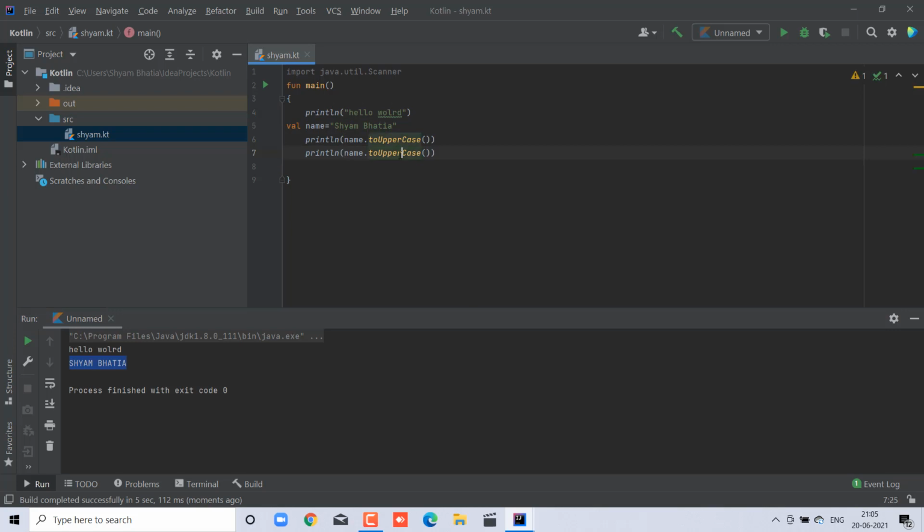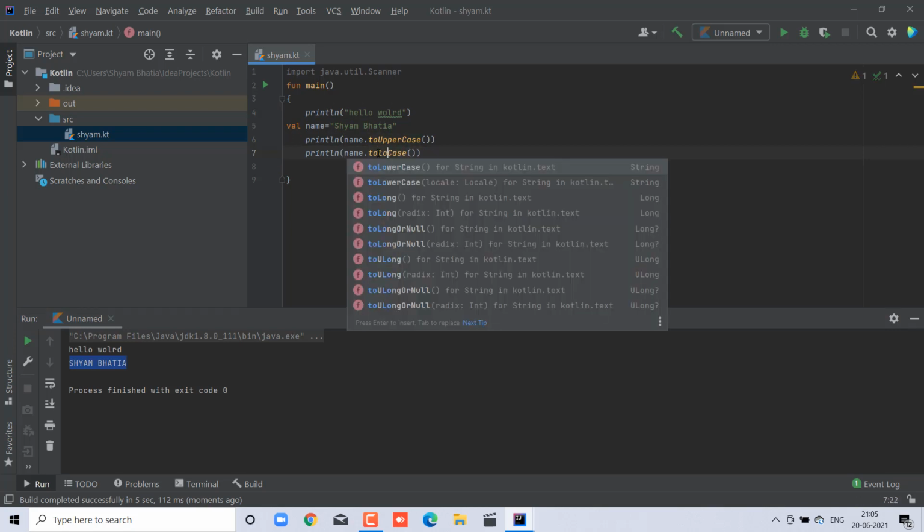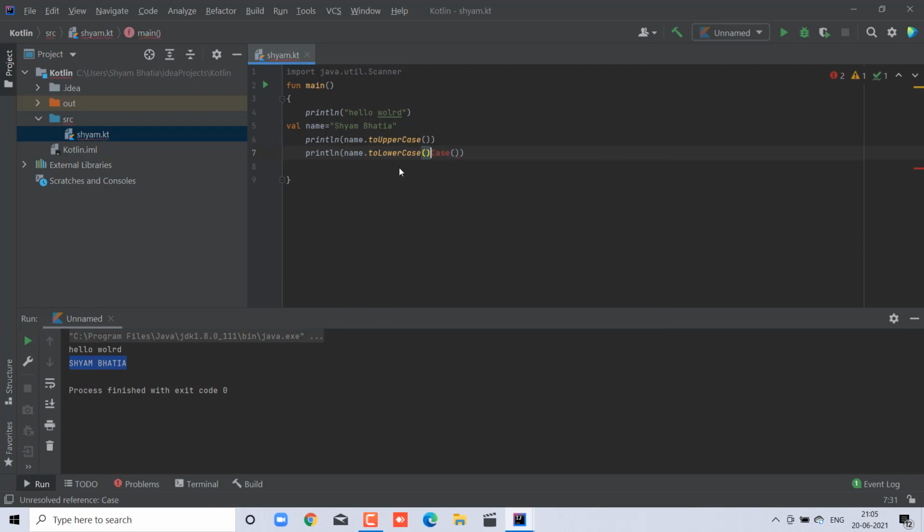And now again take Control D and toLowerCase, right? Yes, toLowerCase, and this case will be removed. Control S, and everything will be in small letters.